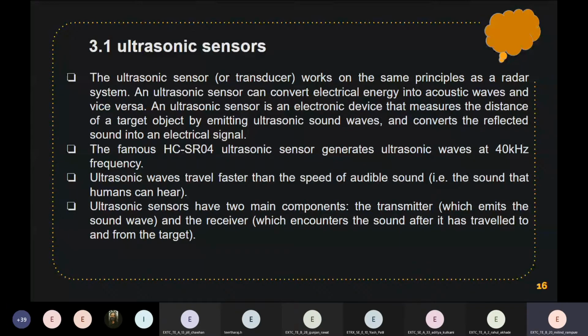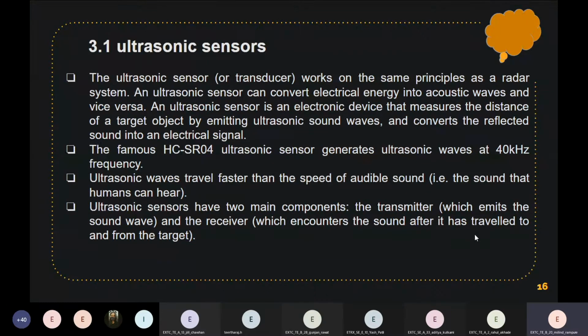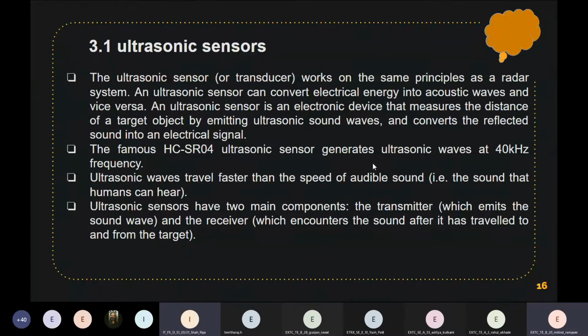Can anyone tell what a radar system is? They can unmute themselves and speak. Radar stands for radio detection and ranging, where the reflection of sound is used.